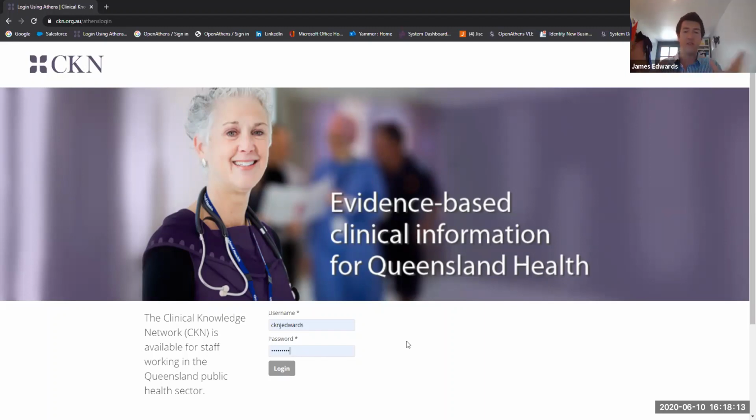So it would be a screen they're used to and a username and password they're used to as well. I'll show that in a moment though, but for now, just to show you, this has been given to me, my username and password, and if I click login, again, you're not seeing OpenAthens here. This is CKN's own page, and they've embedded this login part to it. But if I click login, it will now log me in.